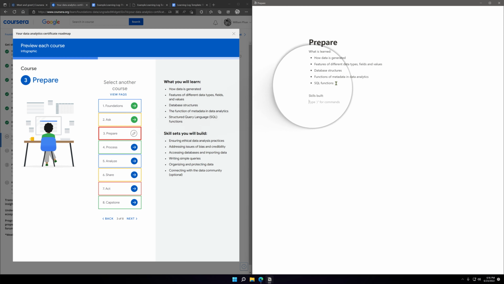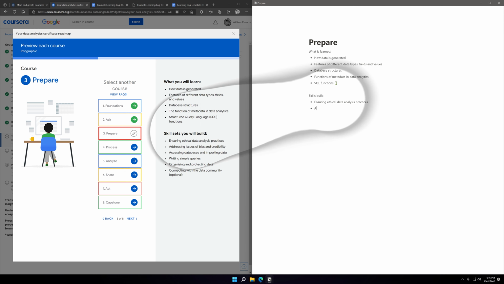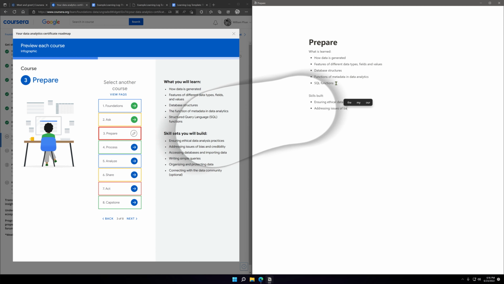Skills built: learning ethical data analysis practices, addressing issues of bias and credibility.